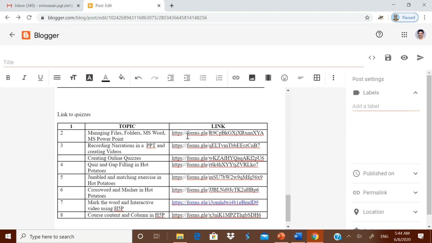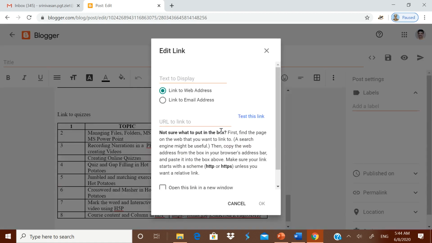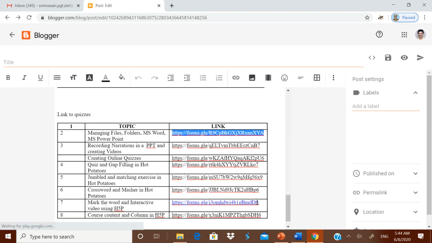Now when you click it, remember that if this link is not working properly, you have to copy it. You play around, please do it. Copy it, cut it, and then go to this link and create URL, and you have to paste that. Now you see when I click it, the link is getting highlighted.